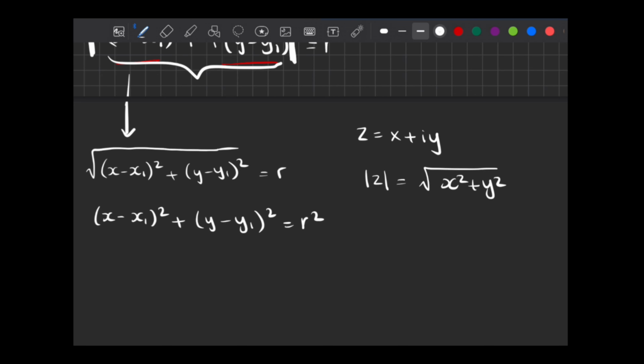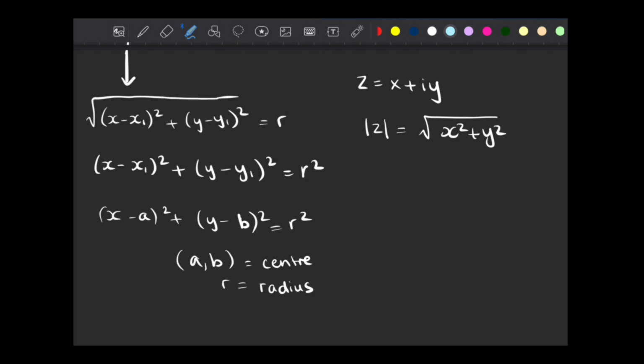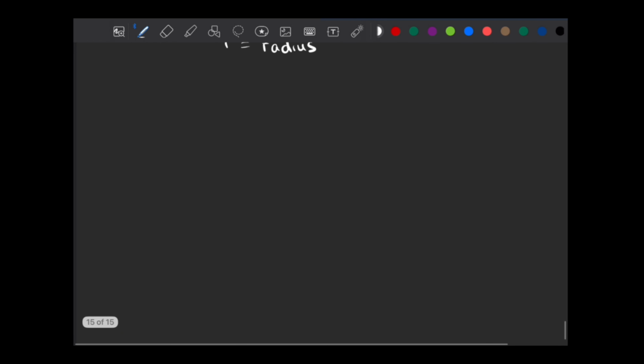And this looks like the Cartesian form of the equation of a circle, which you may be familiar with, where (a, b) is the centre and r is the radius. And so we know that x1 and y1 are the coordinates of the centre of the circle, and r is the radius. Now let's look at the locus of points that are an equal distance from two different complex numbers,